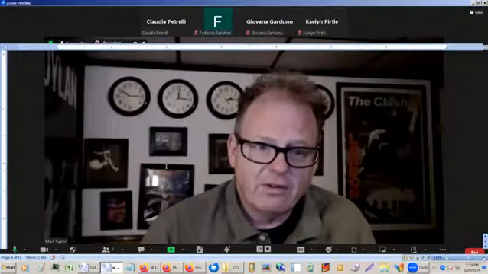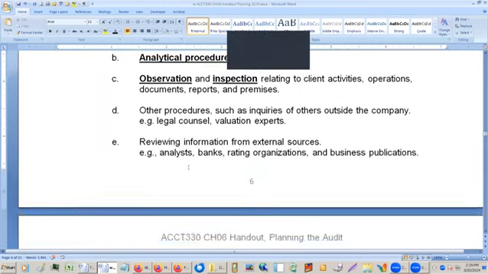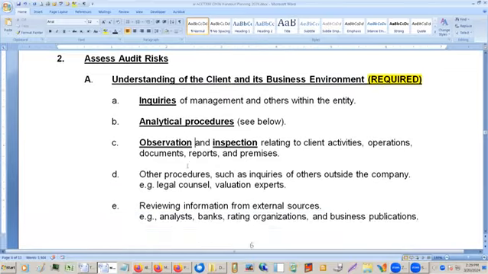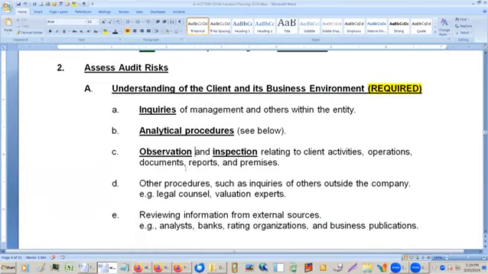So ideally, the client should come up with a control to fix the problem. You say, okay, here's a control problem, and you ask the client to come up with a fix for it. Now, if they can't, or they honestly don't know, you generally are stuck in that place where you can tell them in broad terms what they should be doing. You would not say specifically who does what, but in broad terms, you can certainly explain to them what they need to do. Internal controls are really confusing for a lot of people, so you will find a lot of times that when you observe them doing things, it's very different than what they're supposed to be doing, or very different than what other people think they're doing.